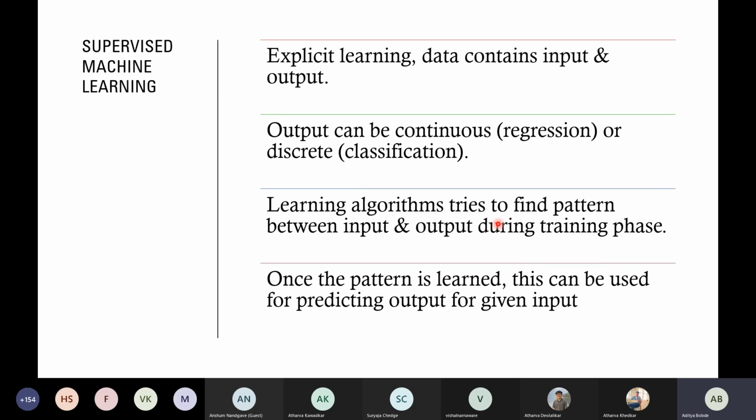The algorithm tries to find the pattern between the input and the output. So if you want to predict the salary of a person, what features will you generally require? That the person has some years of experience, the person has some education, PhDs, masters. On the basis of the person's education and years of experience, you would try to predict the person's salary. This is a typical use case of machine learning. Once the pattern is found, it can be used for predicting future results. So you have some labeled data given, and you want to predict your future outcomes. That was supervised machine learning.